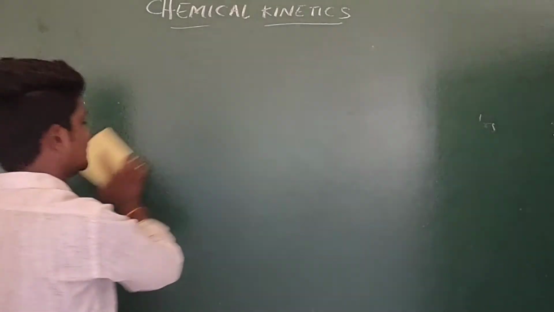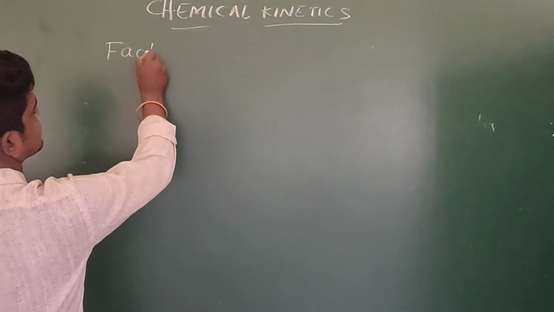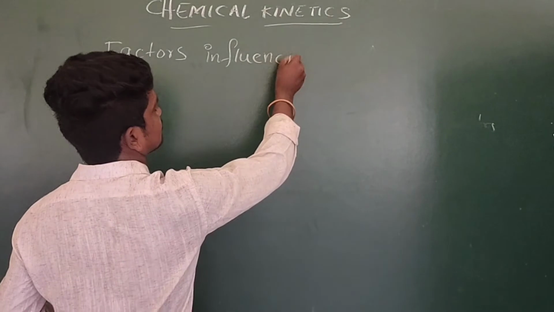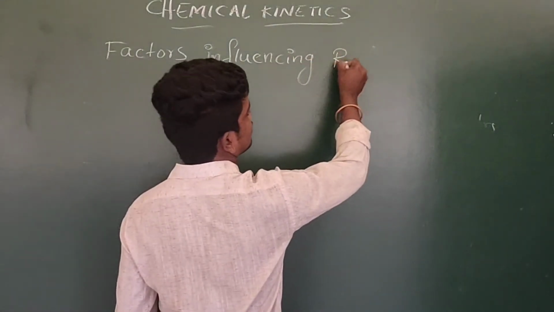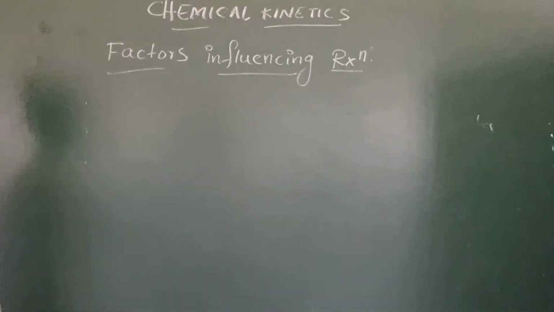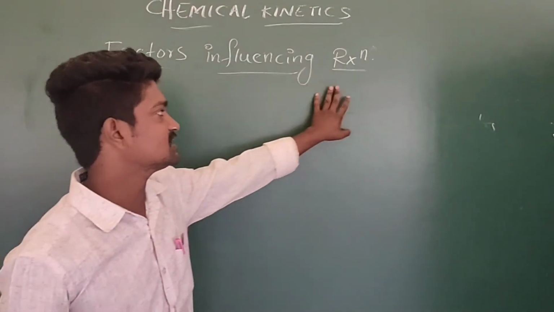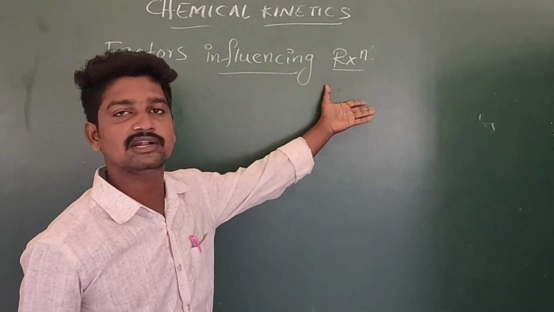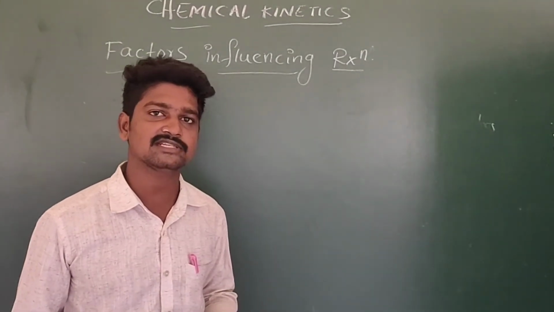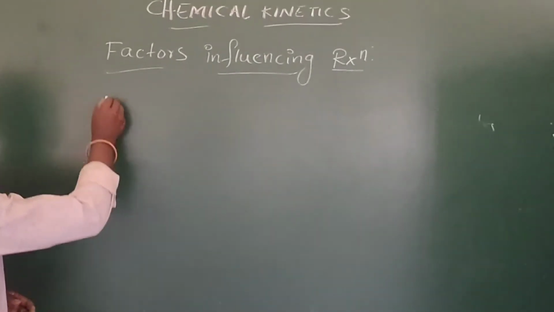So the mechanism is completed. Next, factors influencing the rate of reaction. There are many factors which influence the rate of reaction, that means they increase or decrease the rate of reaction. First one,